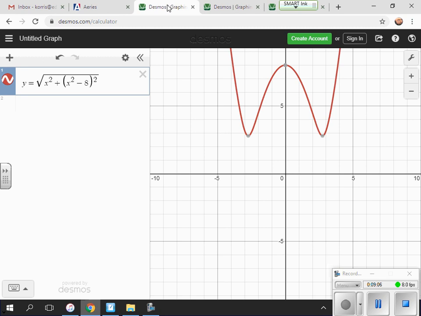I graphed it up here. You'll notice your graph has 2 minimum points. Now, are they both legitimate answers? Maybe, maybe not. Here's the thing: what are we trying to do? We're trying to minimize the distance between them. Either one of these x values could give us the minimum distance. What you need to do is check the x coordinates and compare the y coordinates that go with those x coordinates. If the y coordinates are the same,